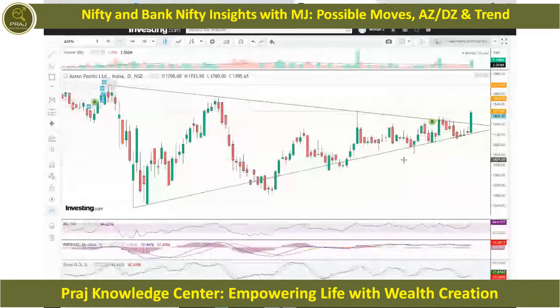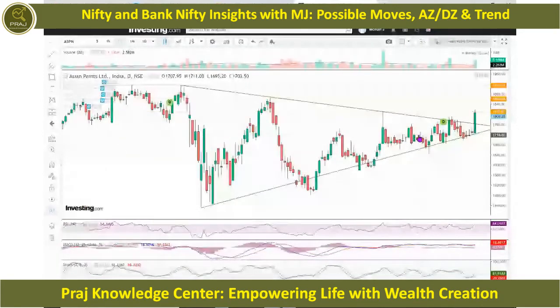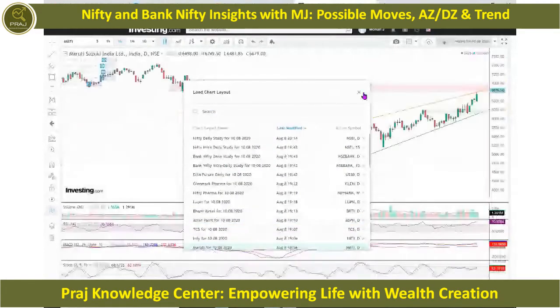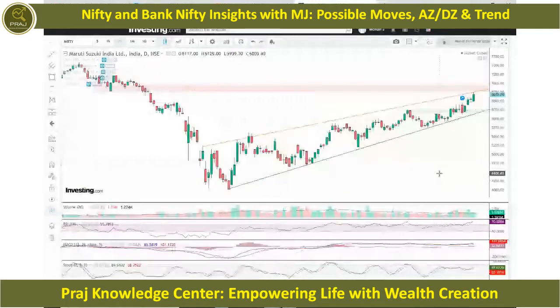Of course, RSI has come above 60 now. It has got a bullish strength. At least some more bullishness you can see in Asian Paint. Let's look at another stock which is also contributing a lot to Nifty's growth. That's Maruti. Maruti is rising in a